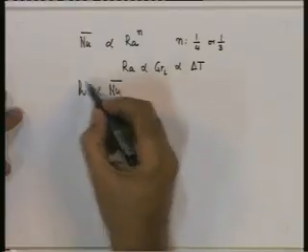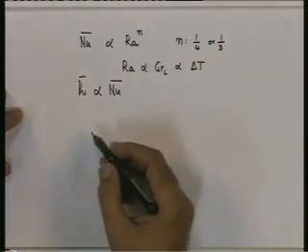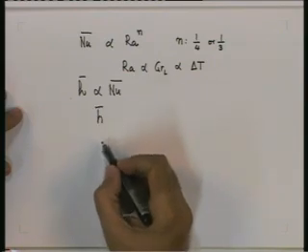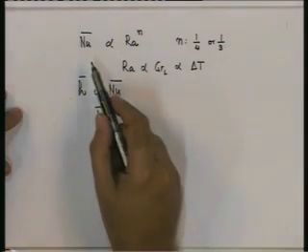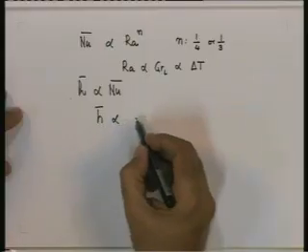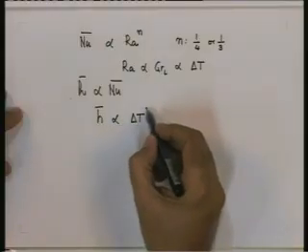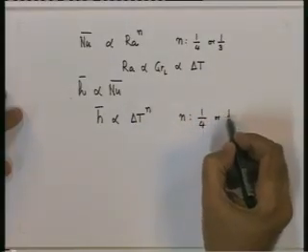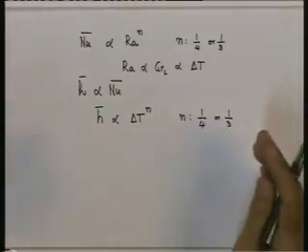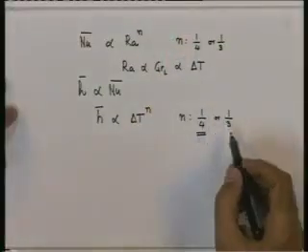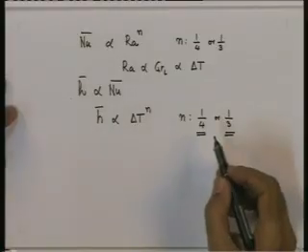Hence in natural convection the heat transfer coefficient, which is proportional to Nusselt number, which is proportional to Rayleigh number raised to some n, will in general be proportional to delta T raised to n, where n is 1/4 or 1/3 depending on the correlation and the range of Rayleigh number you are involved with. At lower Rayleigh number it will be somewhat like 1/4, at higher Rayleigh number it will be somewhat like 1/3,